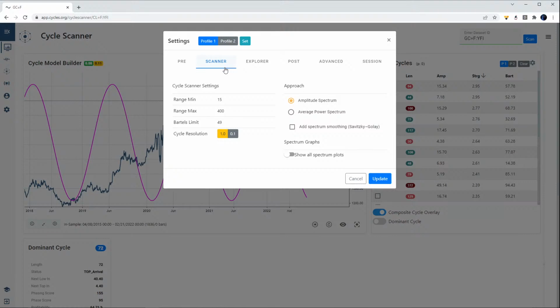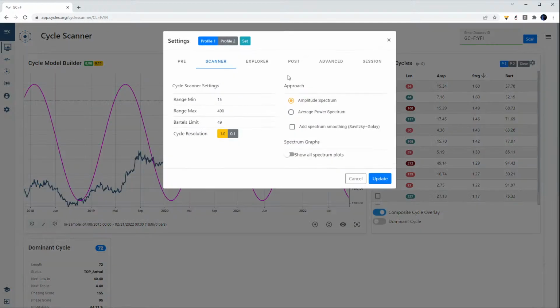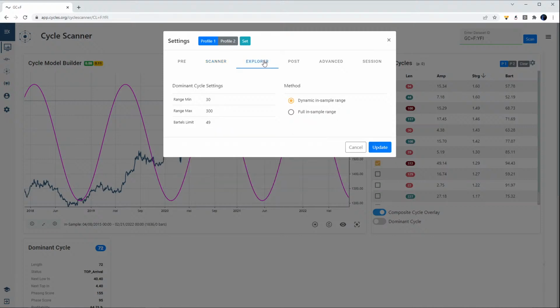I have now done this for the Bartels limits. So let's do this the first time here. That's the first setting, which will now ensure that here the Bartels limit on the right hand side is always above 49. A second important setting is that the Explorer uses a so-called dynamic in-sample range setting, which is different